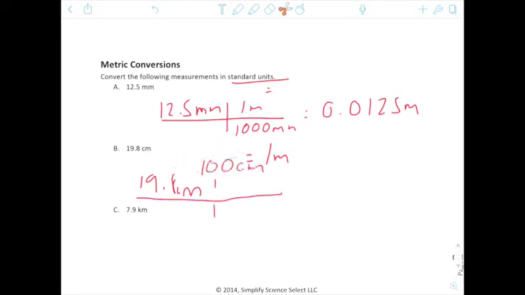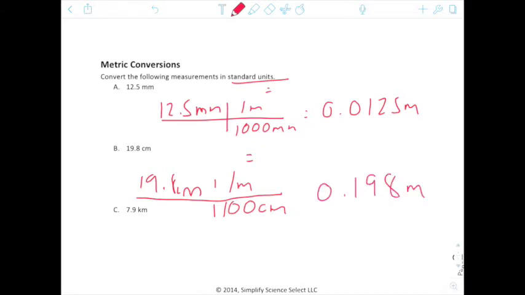Centimeters would go on the bottom, meters would go on the top, and so we're dividing by 100, so 0.198 meters. And then lastly we have